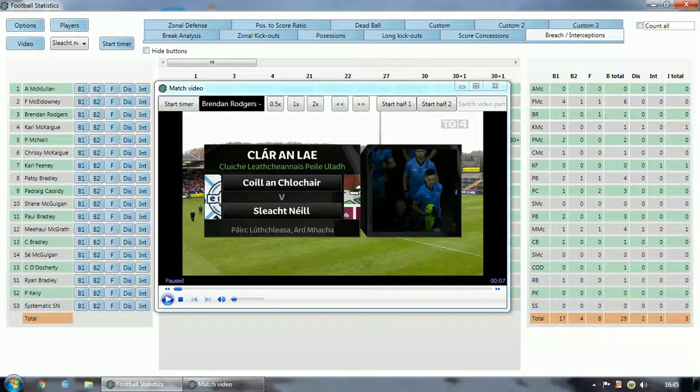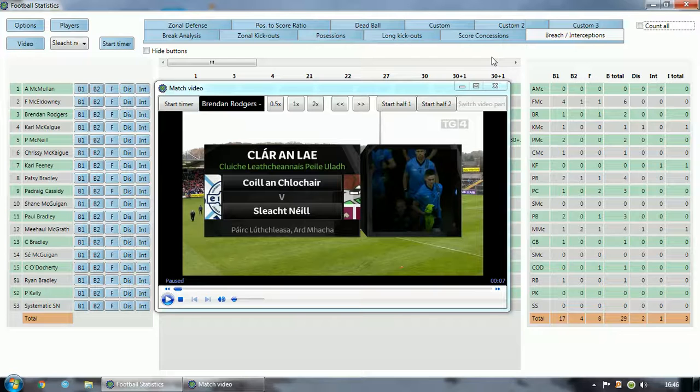Here we're looking at breach interception analysis, and this essentially is an inverse of the possession analysis. One of the big criticisms I would make of general GA analysis is that analysts, and for the most part I would say managers too, tend to spot everything that goes on when your team have the ball, but they tend not to evaluate things just so much in terms of what happens when the other team have the ball. This basically accounts for every time, I won't say every time one of your players is beaten, every time